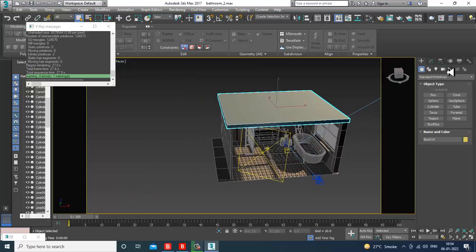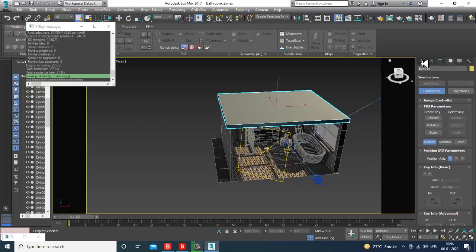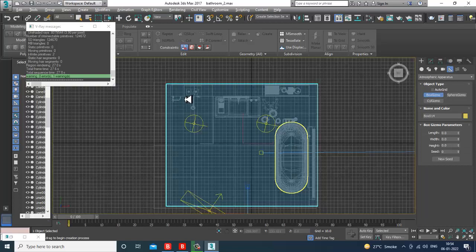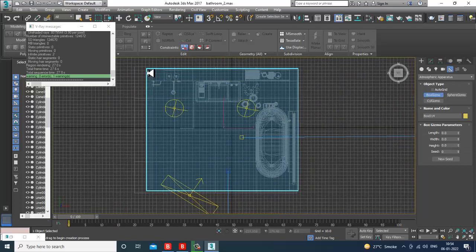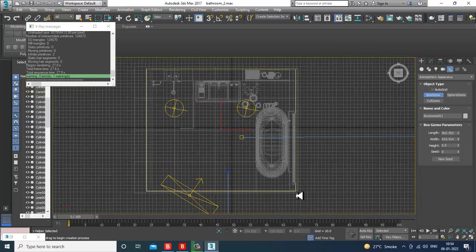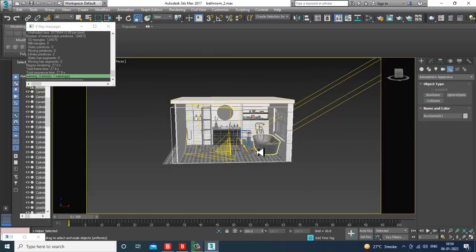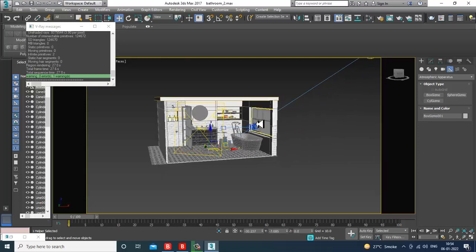So I can just go over here. I can go into these gizmos. Just a sec. Atmospheric apparatus. I'll take a box gizmo over here. So for how much light you want it to get affected, just make a gizmo.